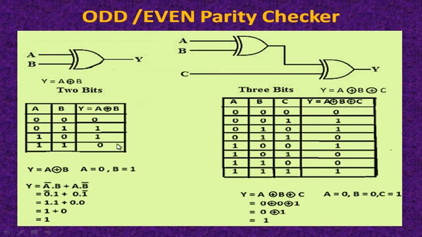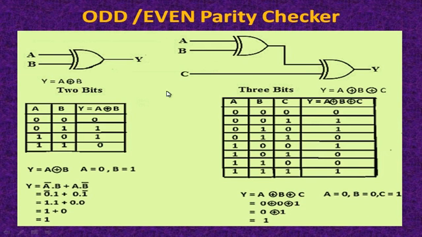Is that clear? Now exactly we have to use this concept in the next part, the application of XOR gate, that is odd even parity. As you can see, odd even. Even means there are two inputs. But what about a three input XOR gate? As there are three variables, how many possible combinations for input? Yes, 2 raised to 3 is equal to 8. So these are 8 possible combinations of these three variables. Now we don't know the 3 input XOR gate.